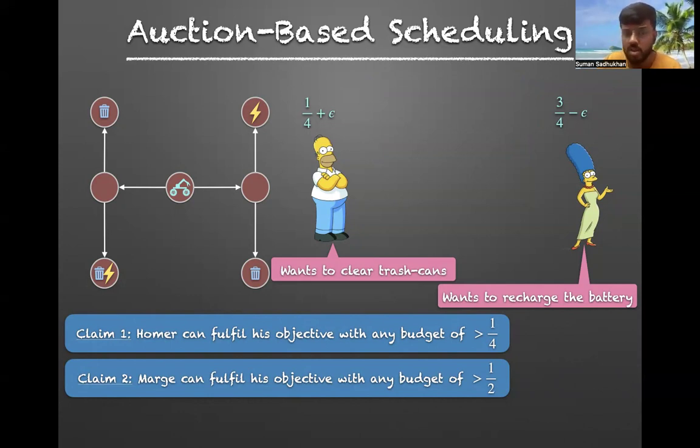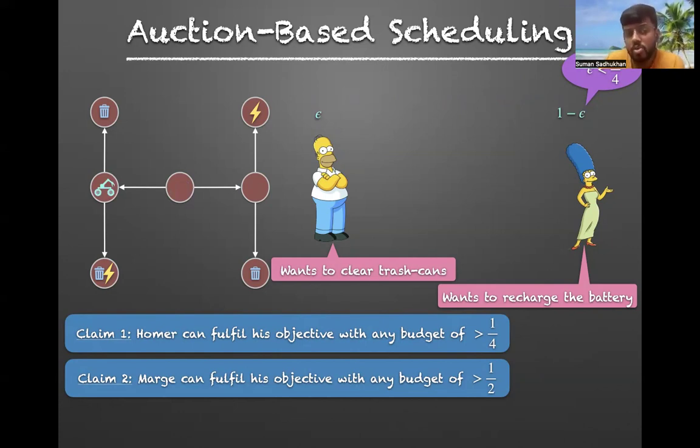in some way. Say we are giving Homer 1/4 plus epsilon and giving Marge 3/4 minus epsilon, so that epsilon is less than half, I think. And we let them play the bidding strategy from their individual bidding game, and we are just composing these two. And what happens is that Homer bids 1/4 and Marge bids 0, and Homer wins the bid there, and he moves the robot to this left vertex.